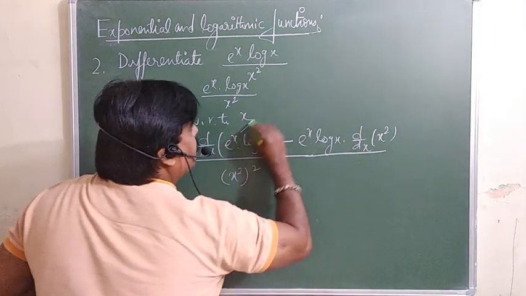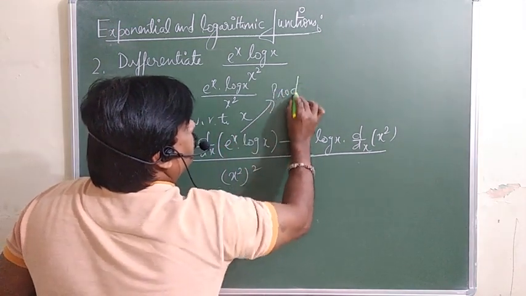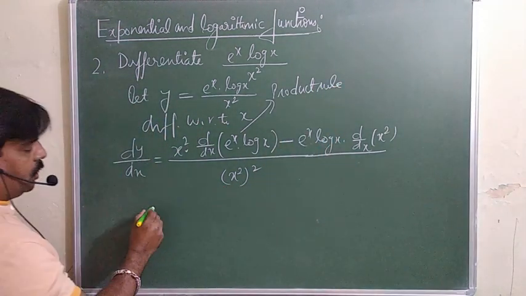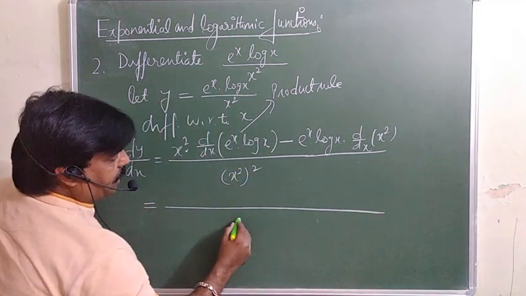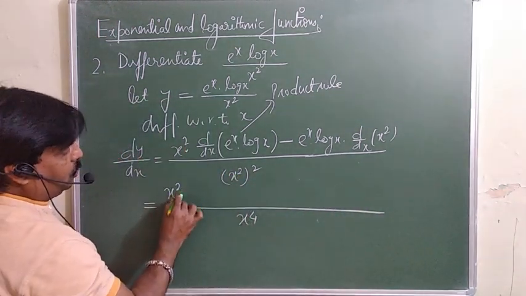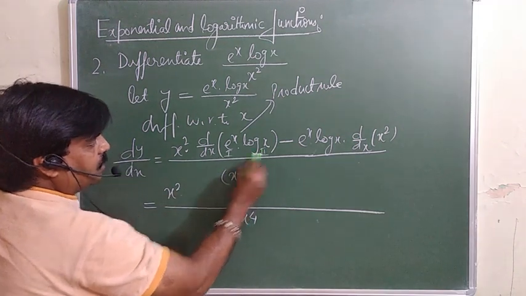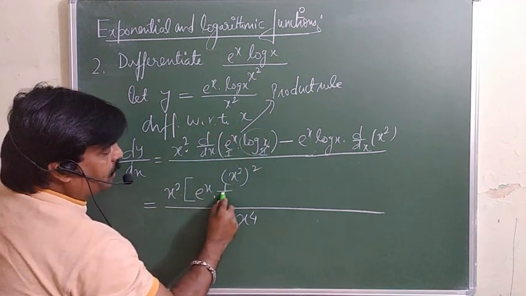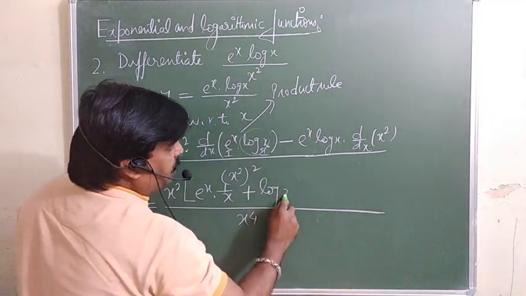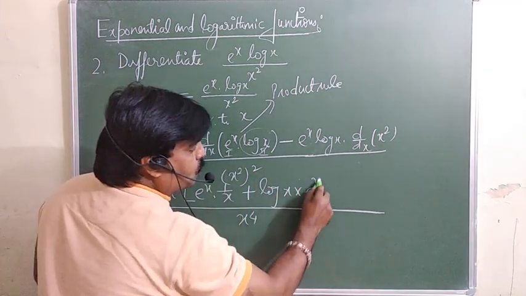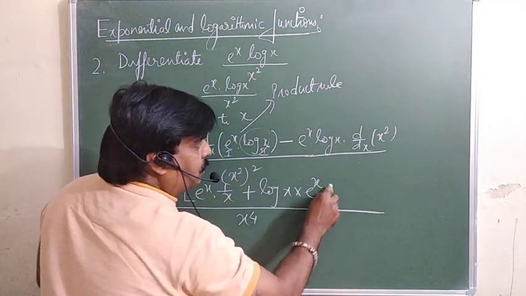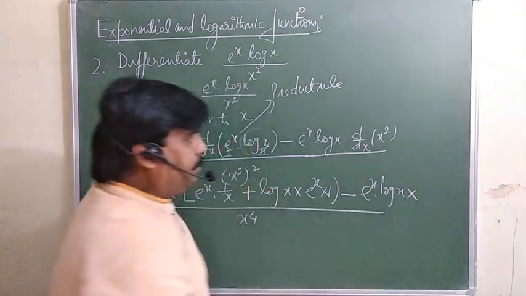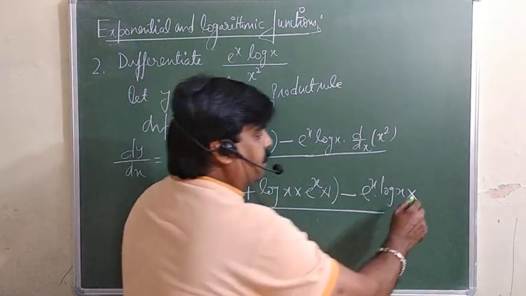But here again we will apply the product rule. Here we will have to apply the product rule. So what you will get, look here, this is x raised to power 4 for the denominator square. This is your first and second. So first into derivative of the second. The derivative of log x is 1 over x, plus log x into the derivative of the first, e raised to power x, which means e raised to power x, and the derivative of x is also 1. You can write down minus, this is e raised to power x into log x into the derivative of this x square, which will be 2x.